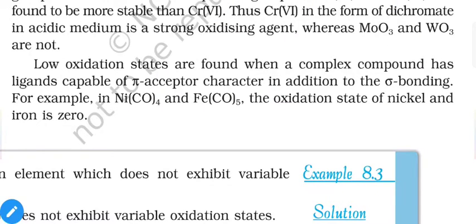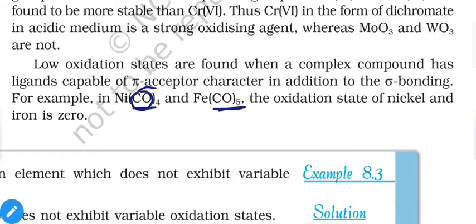And low oxidation states are formed when a complex compound has ligands capable of pi acceptor character in addition to sigma bonding. For example, Ni(CO)4 and Fe(CO)5, the oxidation state of nickel and iron is 0. Although they are connected with 4 and 5 other elements, they still show 0 oxidation state because this ligand is